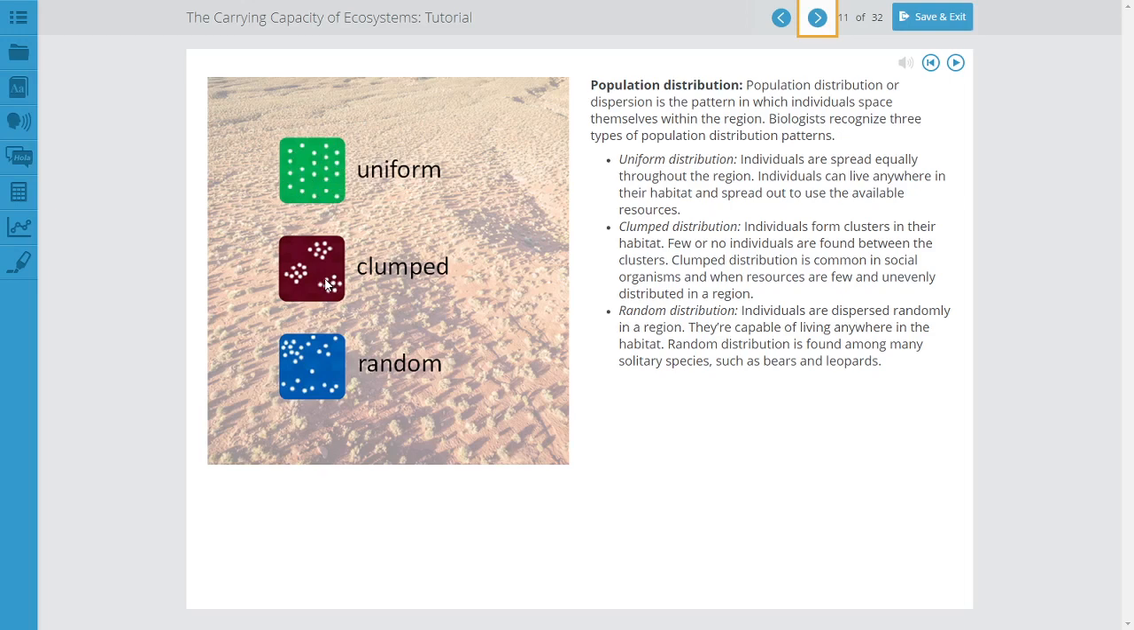But in clumped distribution, the resources tend to be in those areas where they clump around. So in these areas where there aren't any, it's usually suggesting there aren't resources for that particular species. And then finally, random distribution is important, because it generally means that, like in animals, the animals are moving around looking for